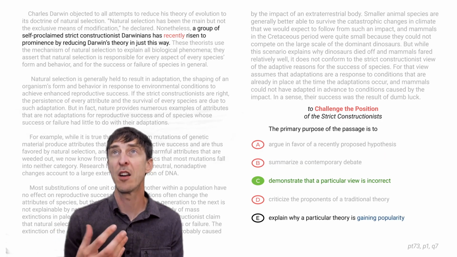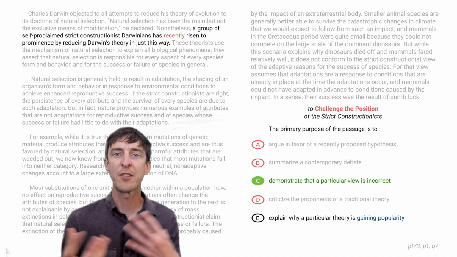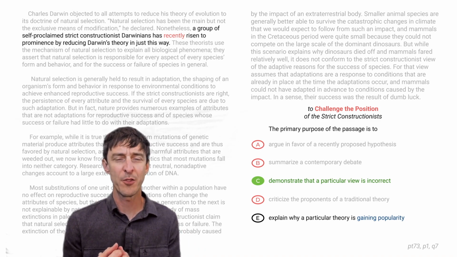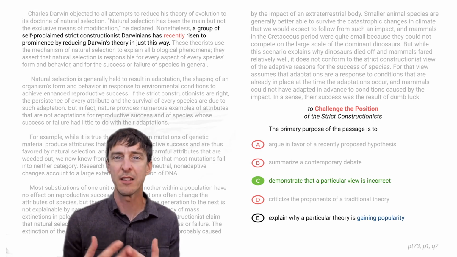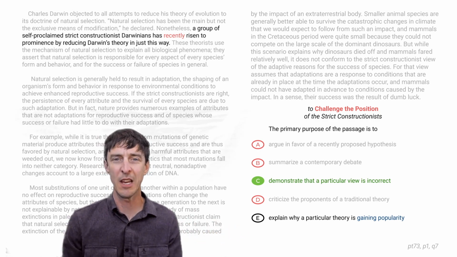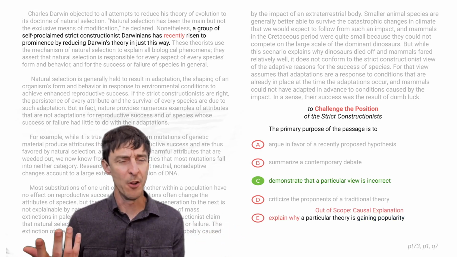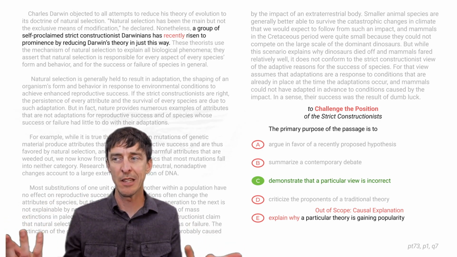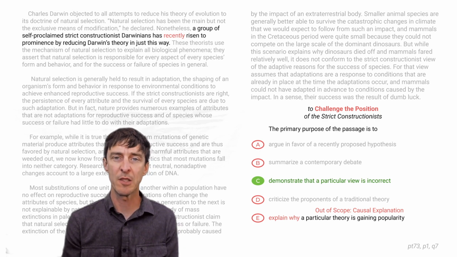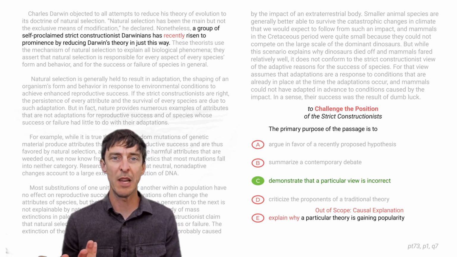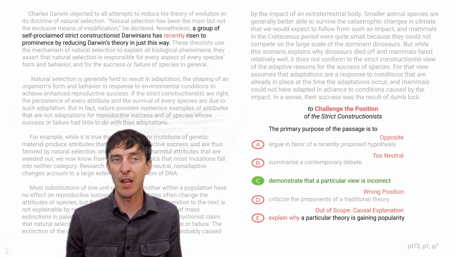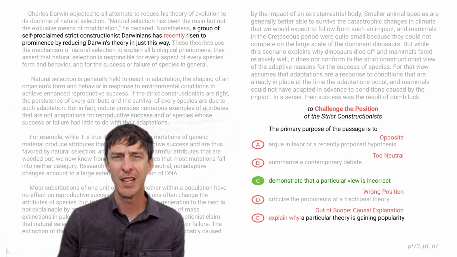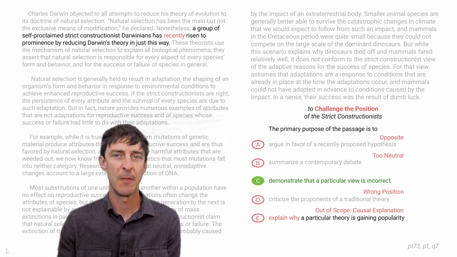Finally, E makes it sound like the framework was to answer a question, like a causal explanation. Was our author trying to explain why this strict constructionist view is gaining popularity? Not at all. The author mentions that it's gained prominence or popularity recently just as a throwaway comment in the third sentence. She never explains why it's been popular, and the bulk of the passage is about rejecting the validity of the view, not explaining why it's popular.